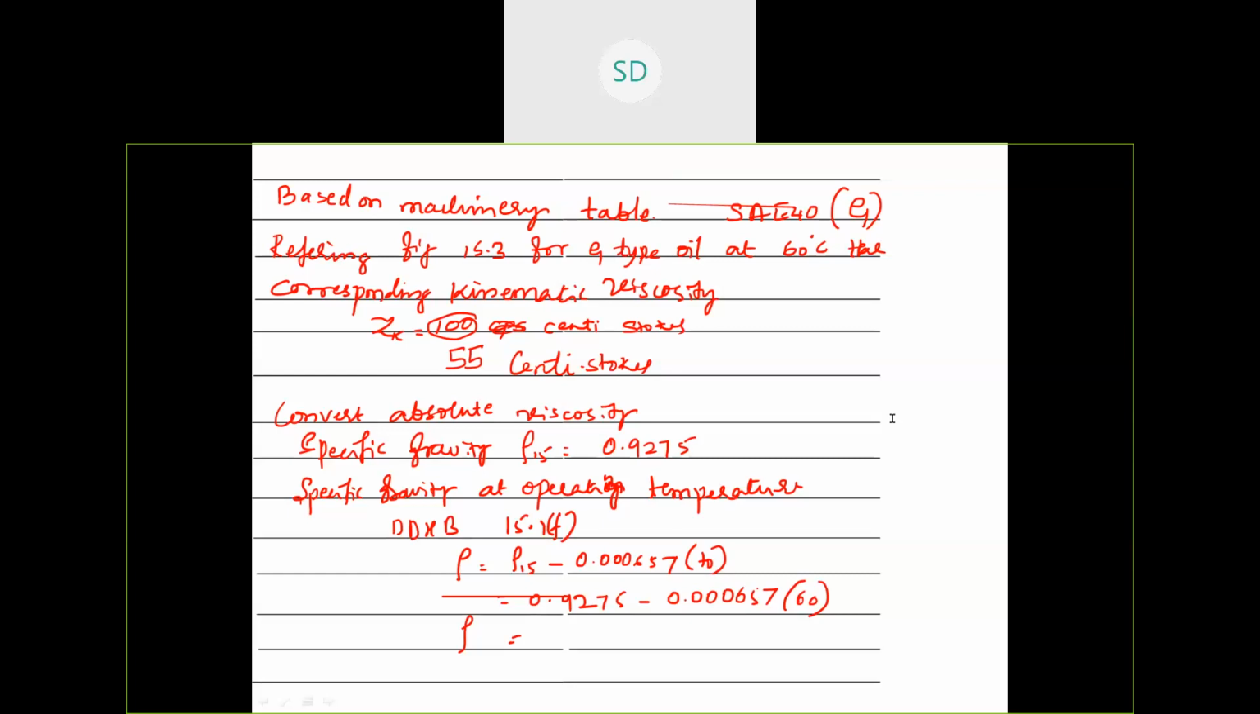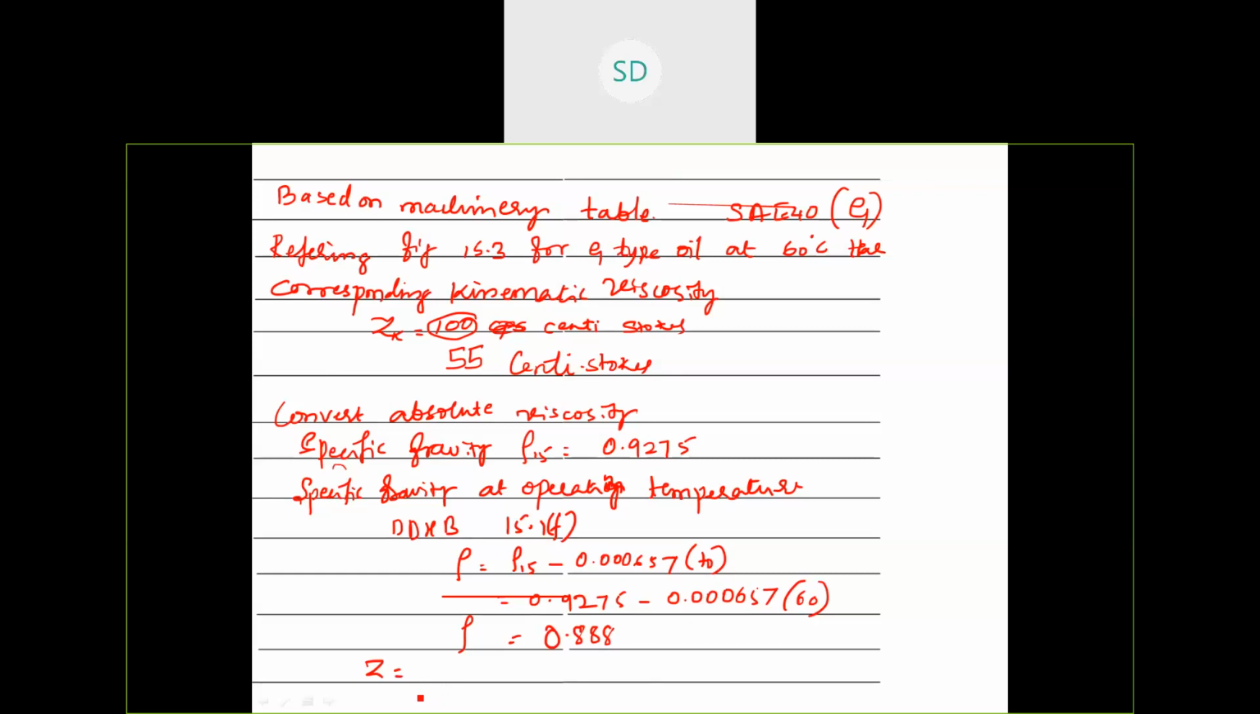Okay, 0.88. So now this is 0.88. So now, to get the value of Z, in terms of centi-Stokes, or in terms of kinematic viscosity,